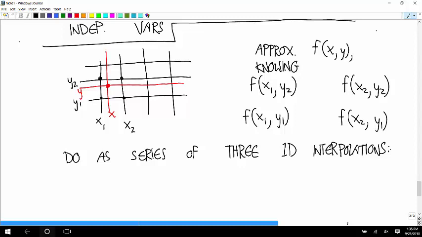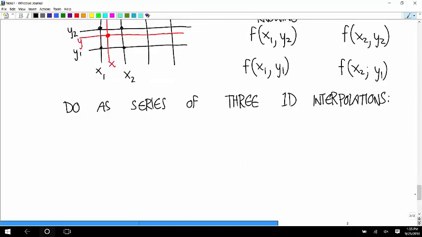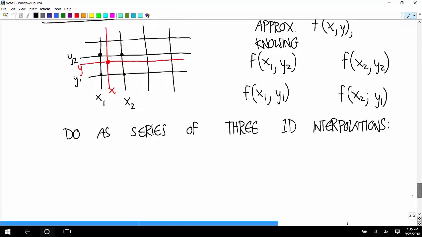And you can think about this. There are 2 different orders you can think about this, and either one is fine. They won't give the exact same answers, but they'll approximate things equally well. So what we're going to do is first, we'll approximate